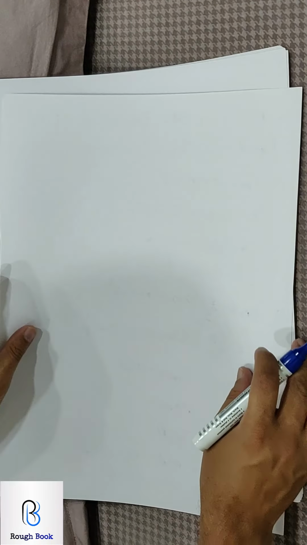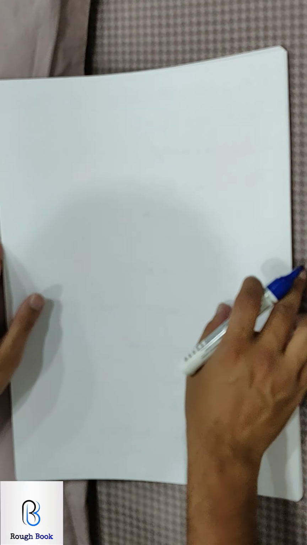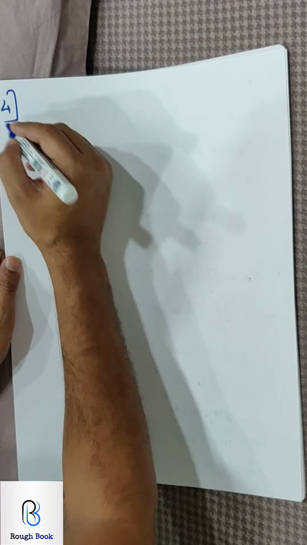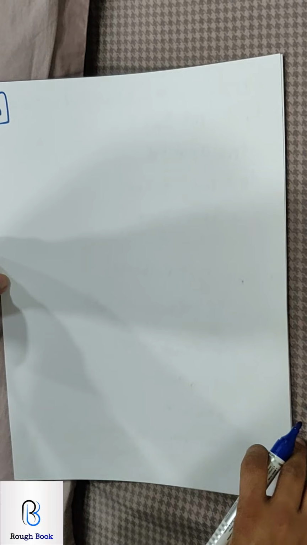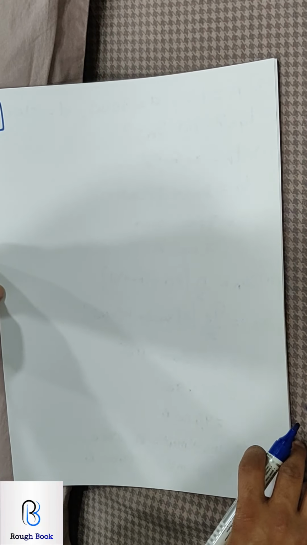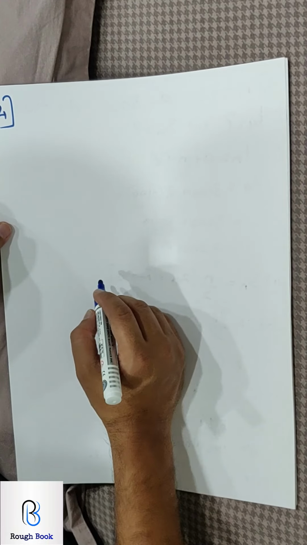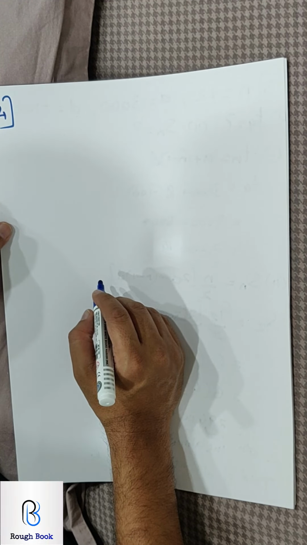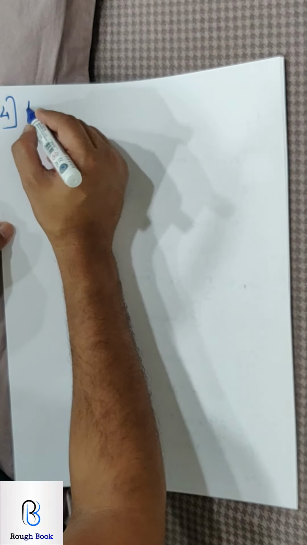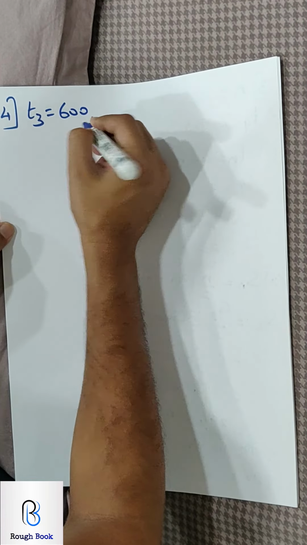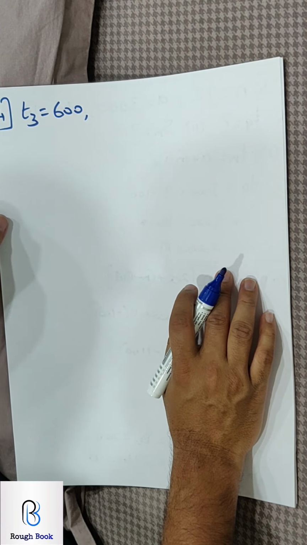Go ahead, see what you understand by the fourth sum. Again, it's not very difficult. In fact, these word problems are really very simple. So if you happen to focus well, 100% you will get all the answers. A manufacturer of TV sets produces 600 units in the third year. So they have given you T3. Perfect. Come on, pause your video, get the data, then come back, and then once we discuss, you can start the sum.